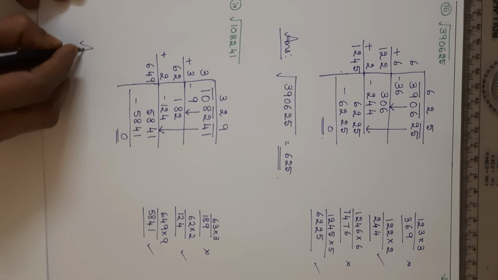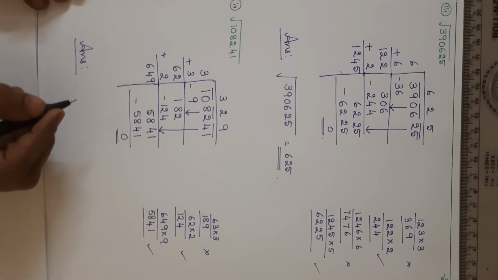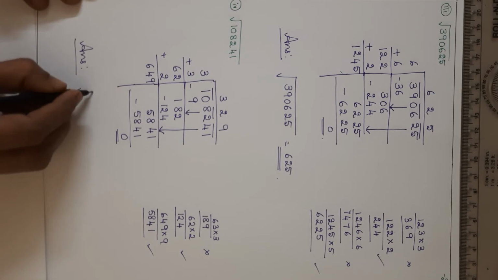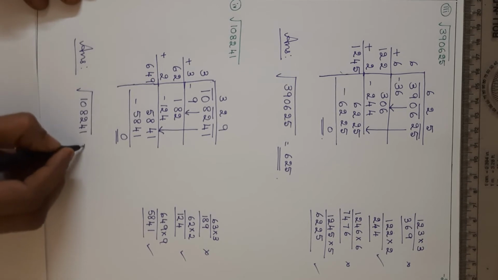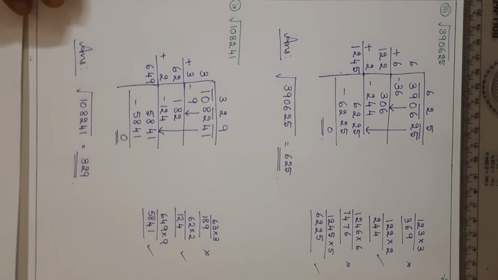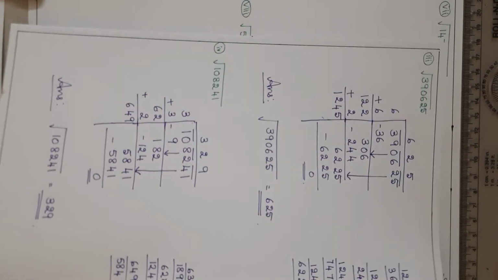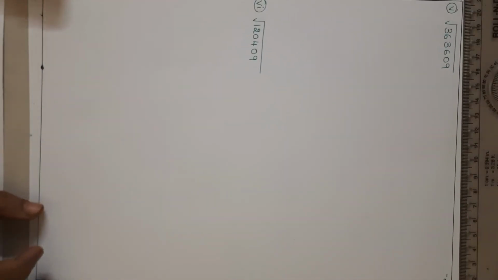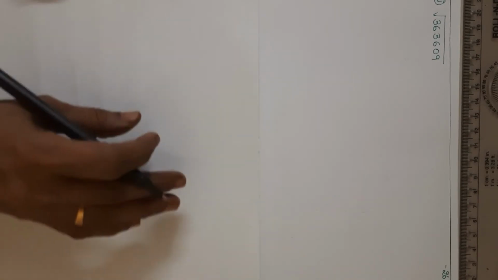So now please understand the steps. So square root of 108241 is 329. Okay. So that was question number 4. Now coming to question number 5. Question number 5. It is